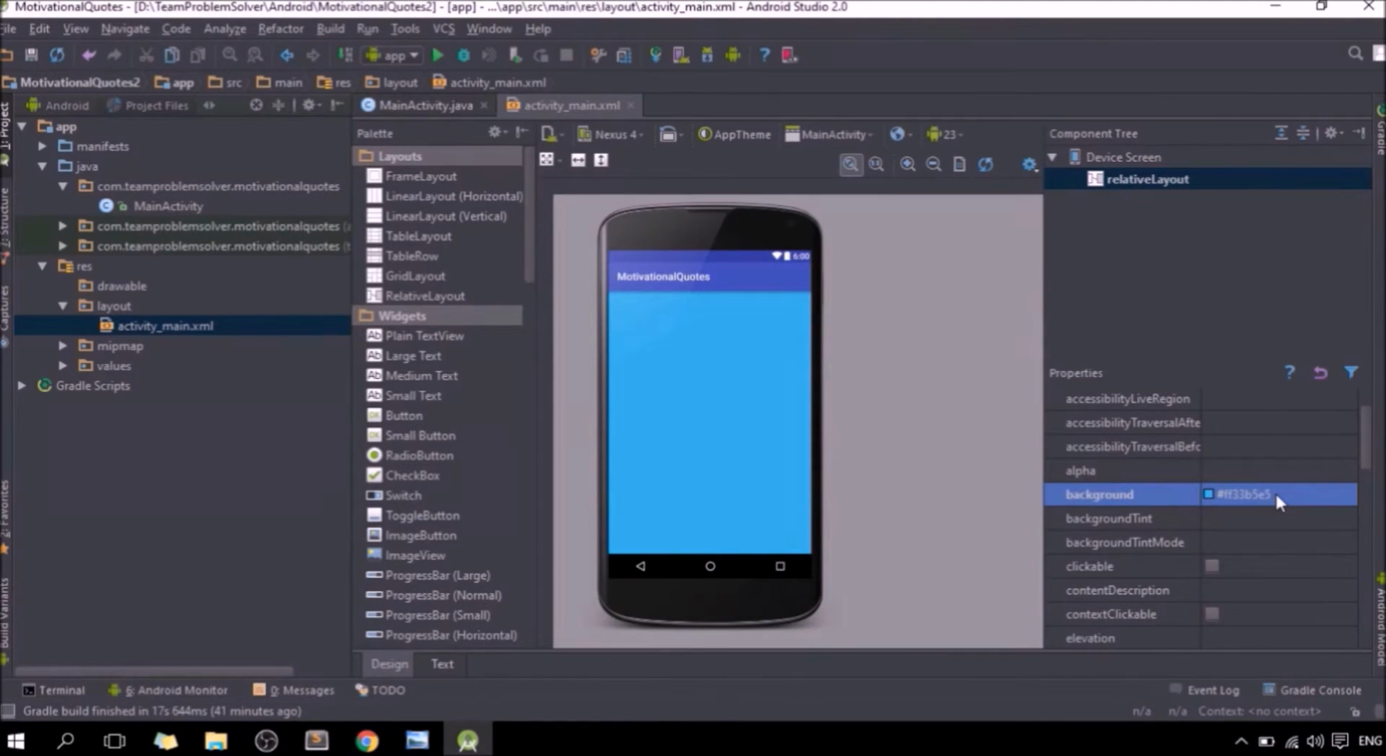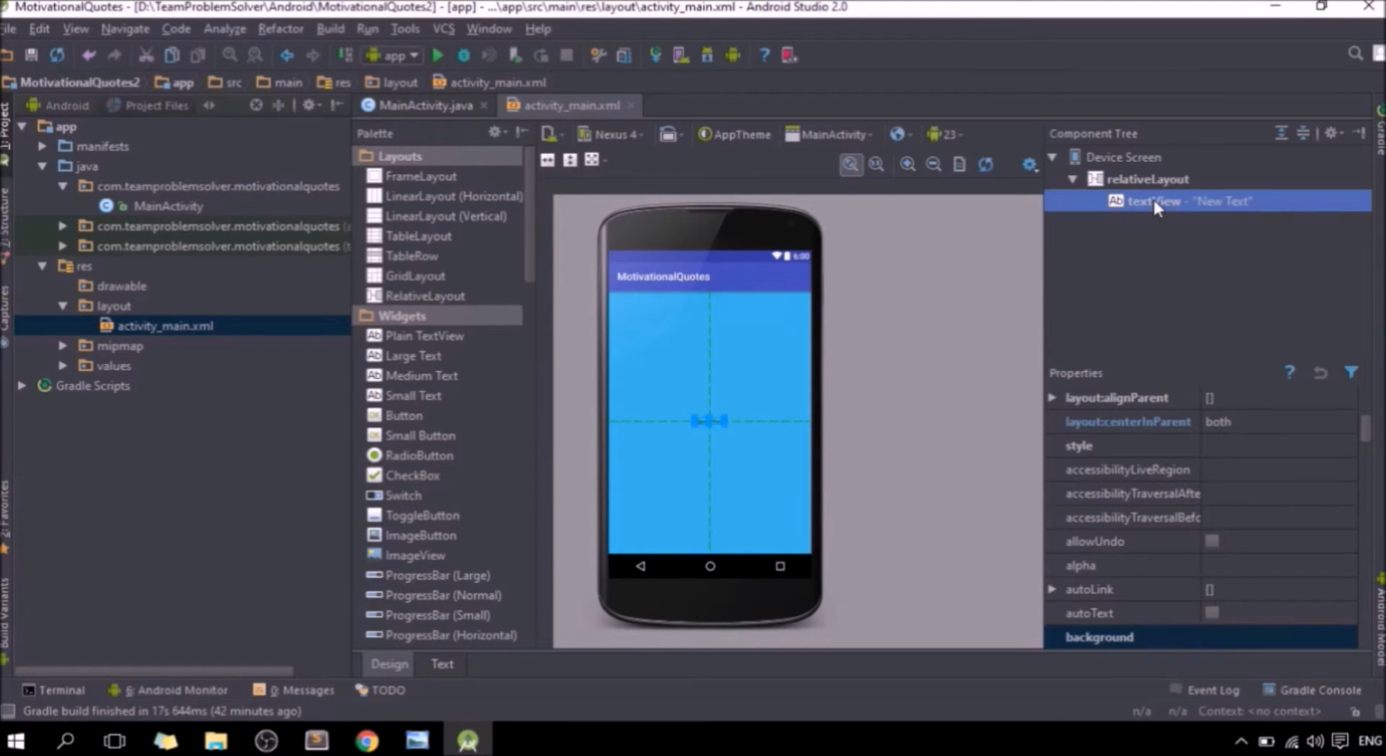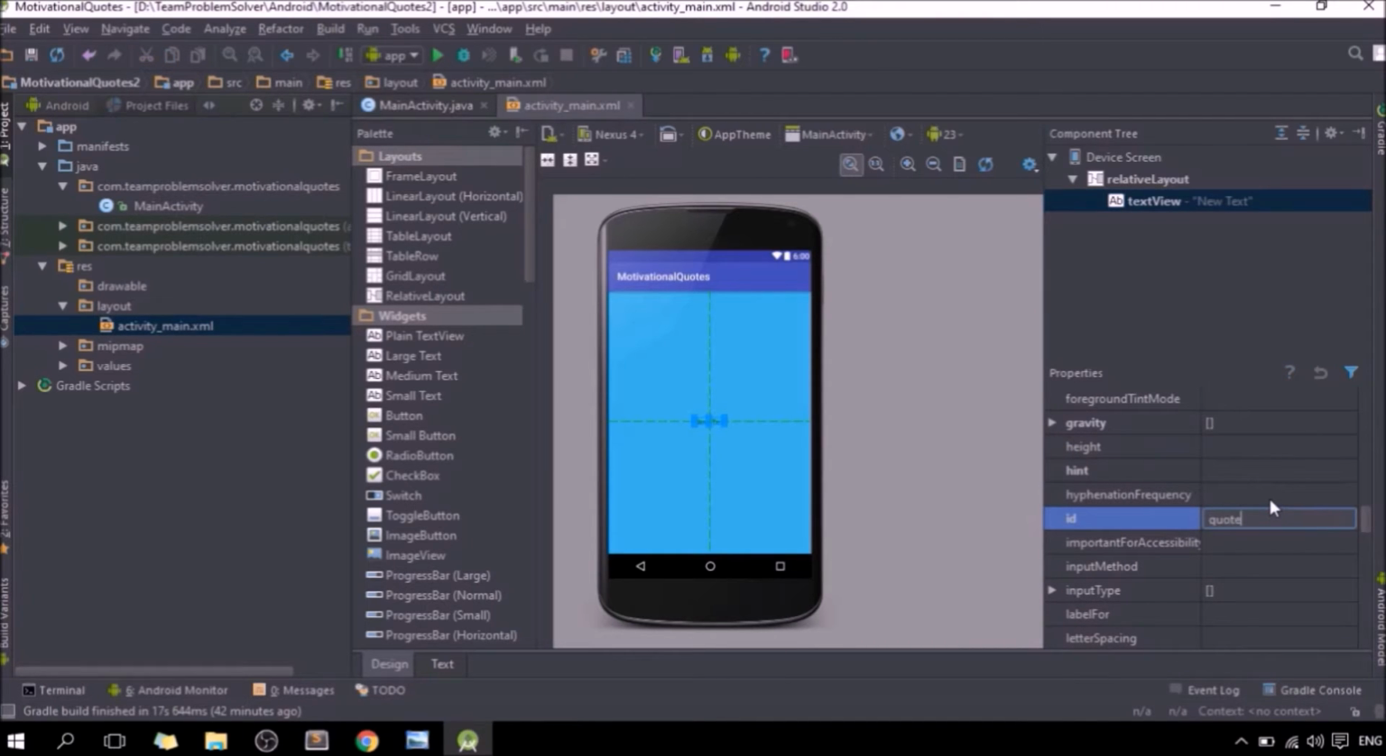Alright, cool. Now we are going to need a total of 2 text views and a button. Let's do this step by step. From the palette, simply drag and drop a plain text view to the center of the screen, like so. Next, we are going to set up some of the properties of the text view so that it looks like a mockup screen. So make sure you have selected text view in the component tree, and set the ID to quote text view,